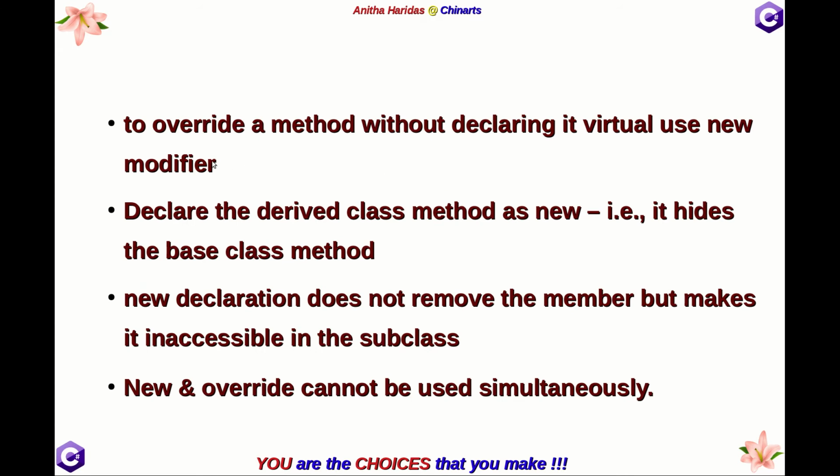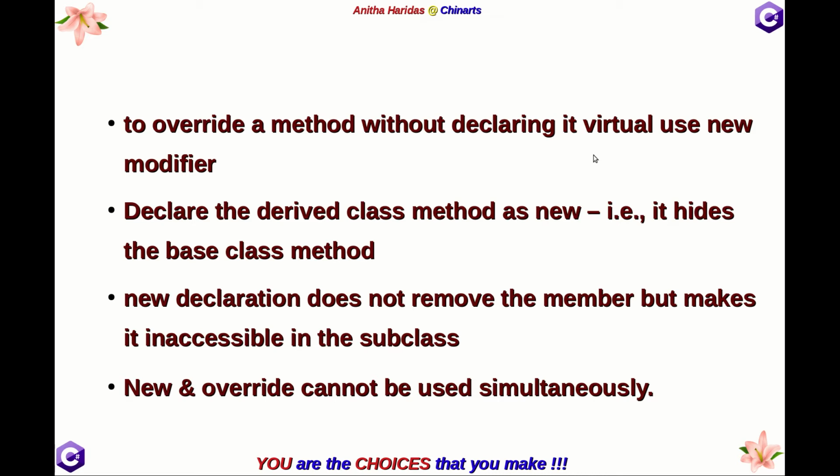Another feature: to override a method without declaring it virtual, you can use the new modifier.